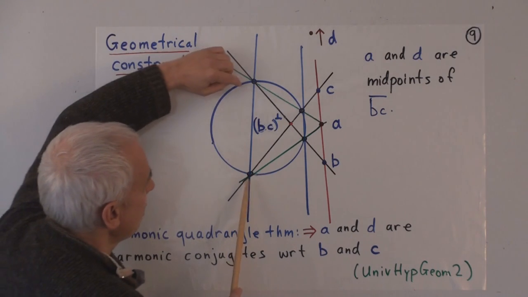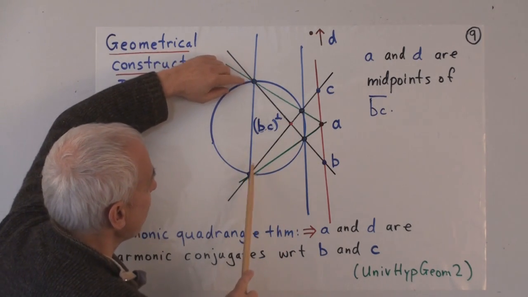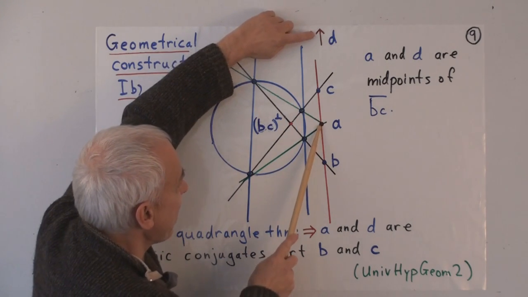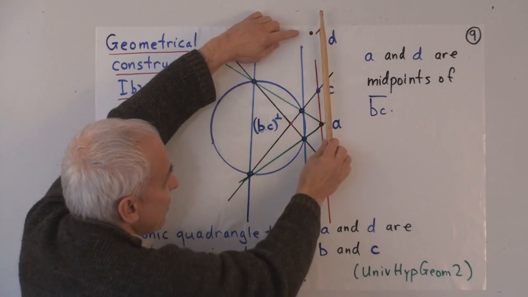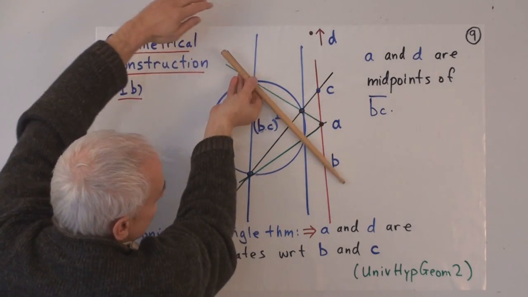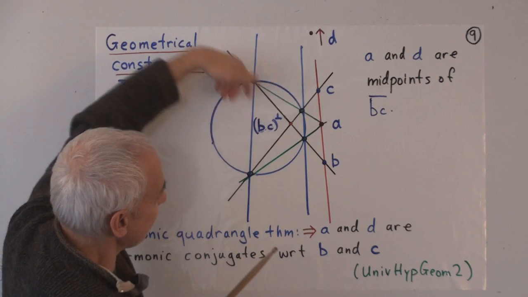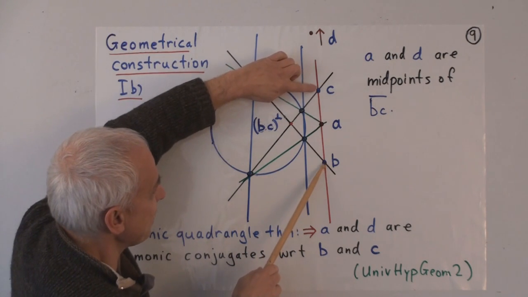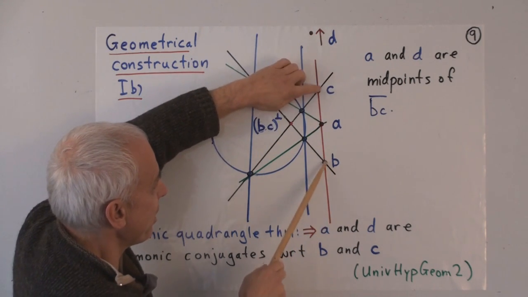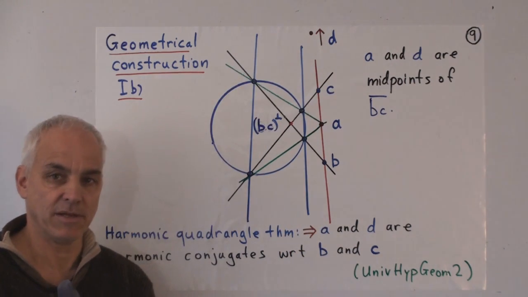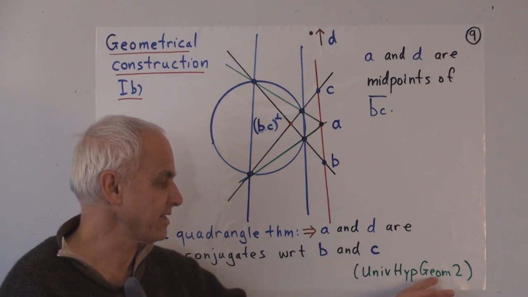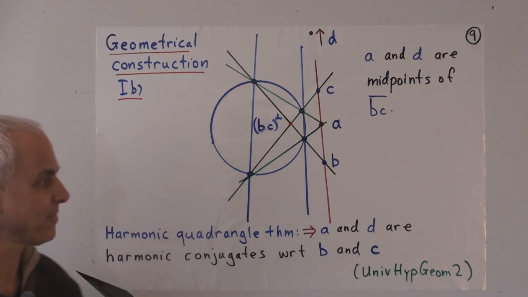Right, because in this quadrangle there is one diagonal point, there's another diagonal point, these are both diagonal points, and the line that they form is met by the other 2 diagonal lines of this quadrangle in these points B and C. So in this kind of situation, A and D are harmonic conjugates of B and C. That was discussed in the second video in the series.